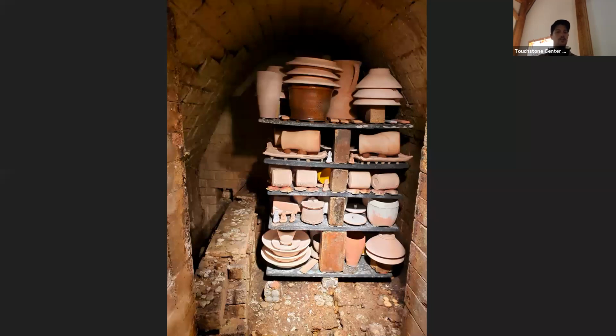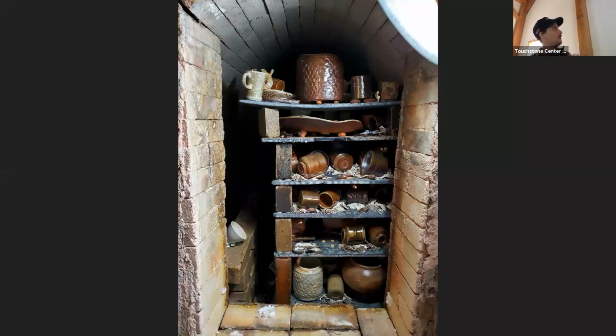But it was nine months of doing this, stacking pots precariously in the kiln, and then having them come out and it being like Christmas Day. That's a terrible unload picture. There's like collapse. But through watching this happen weekly and learning incredibly quickly about wood firing, I realized that